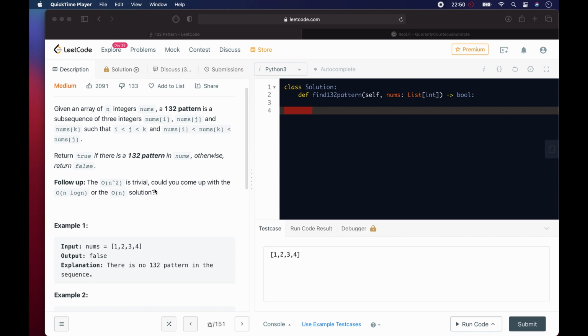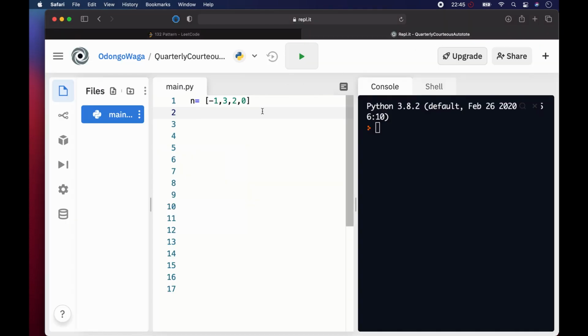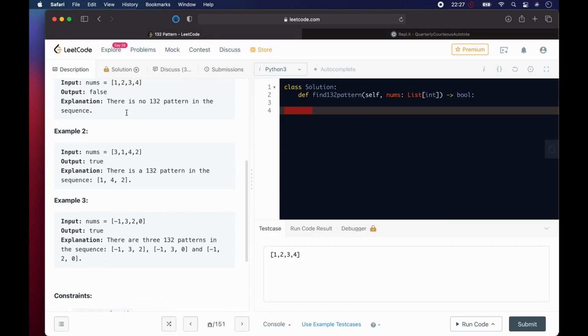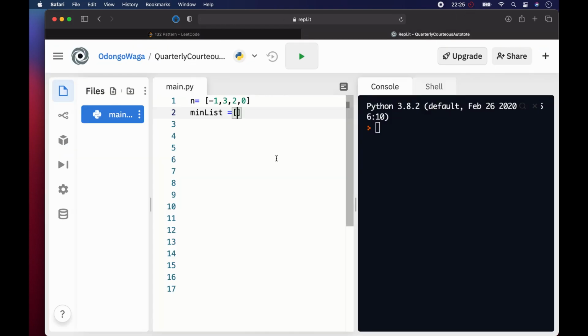So how we could do this is we could come here and the first thing we do is we create a minimum array, right? So we could call it something like min list, and here what we do is we put in the minimum number. So this n is just gotten from the third example. If you look at the third example, we have nums there, so we're going to work on this and conceptually have a look at it, and then possibly